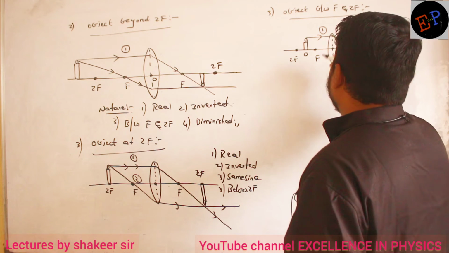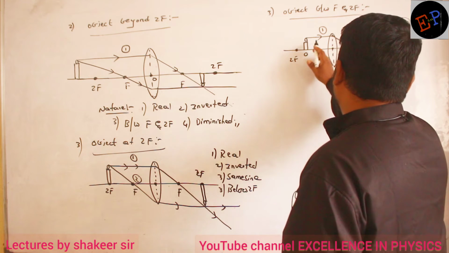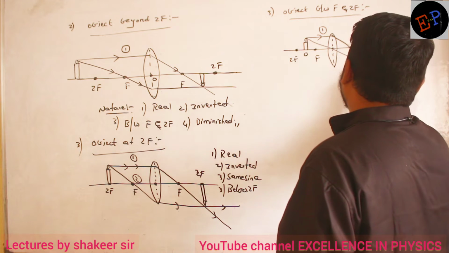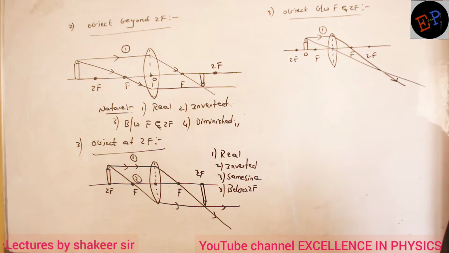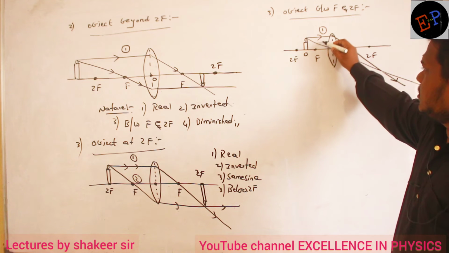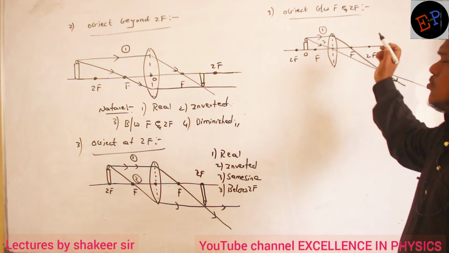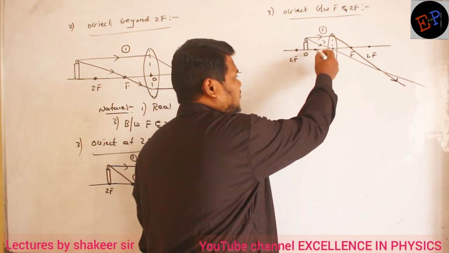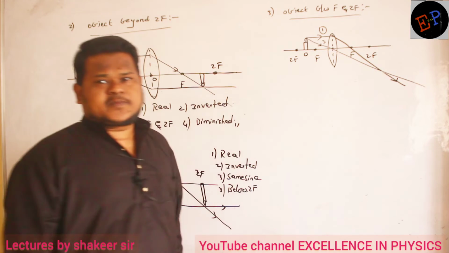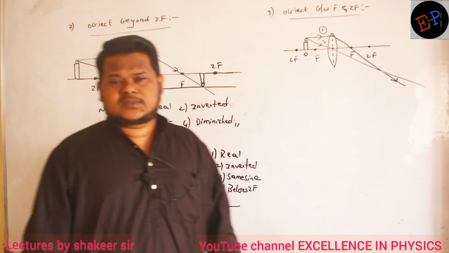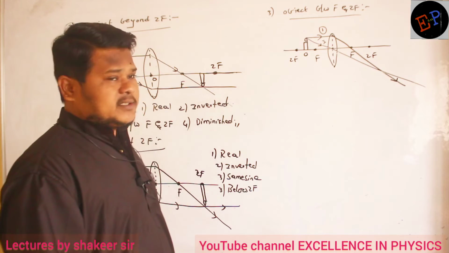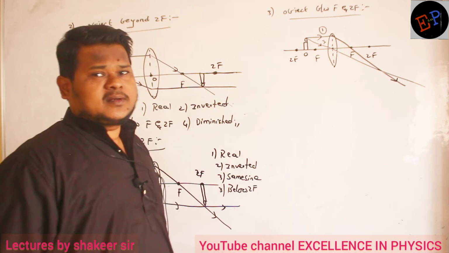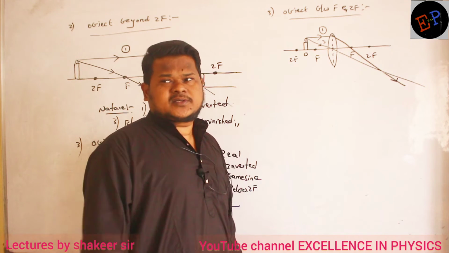Next, ray number 2 or ray number 3 also you can draw. Light ray passing through the optical center should pass undeviated. This is ray number 3. Clear? You can use 2 also, no problem. I am using 3 here. What is 2? Light passing through the focus, after refraction, should pass parallel to the principal axis. Ray number 2. But I am using ray number 3. What is ray number 3? Light rays passing through the optical center, and if it is a very thin lens, it doesn't change its direction.